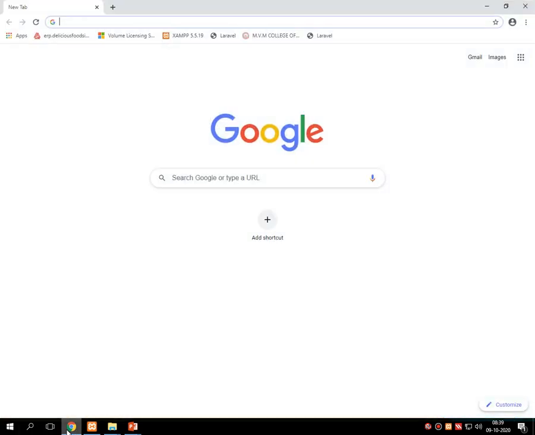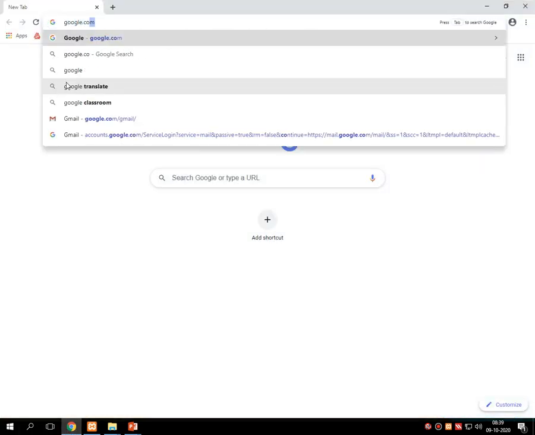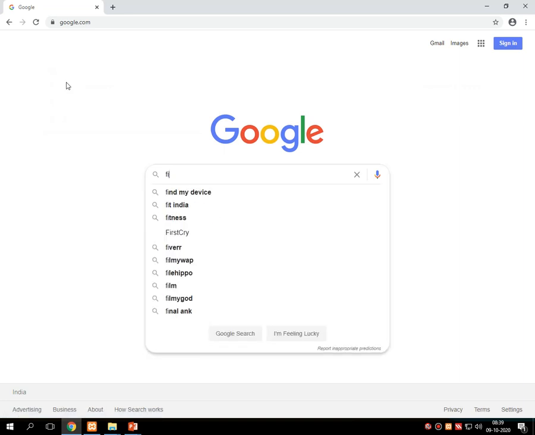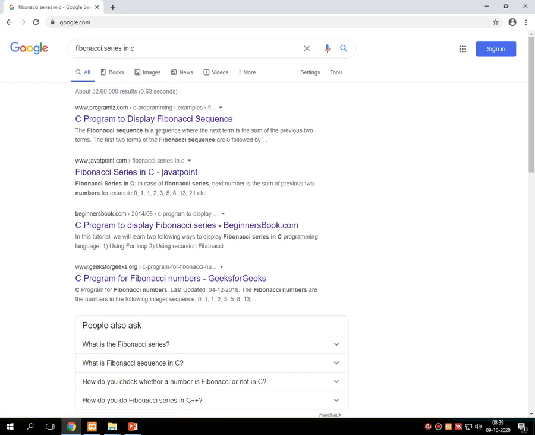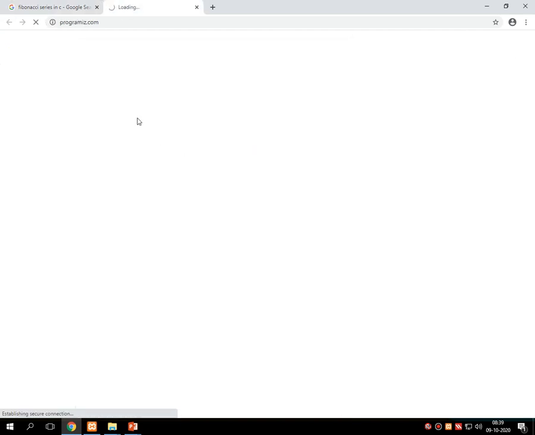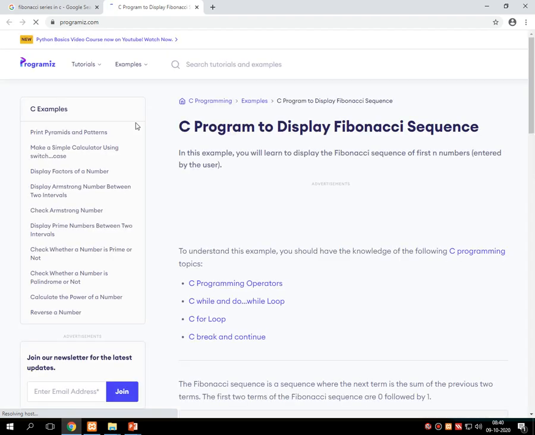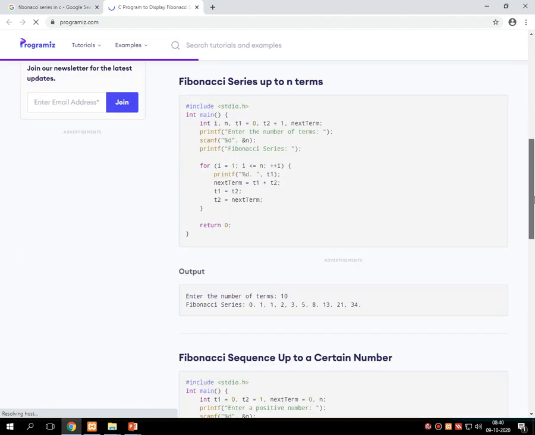So for that, let me go inside the programming section. I'm just demonstrating the Fibonacci series in C. This is the Fibonacci series.